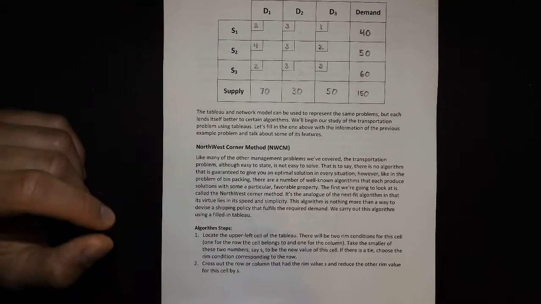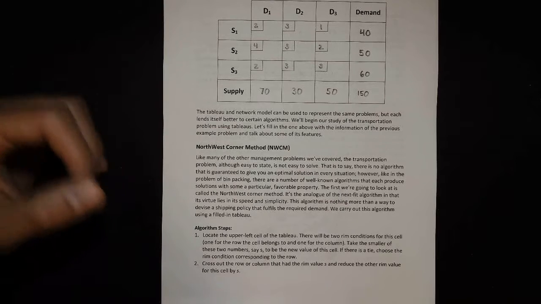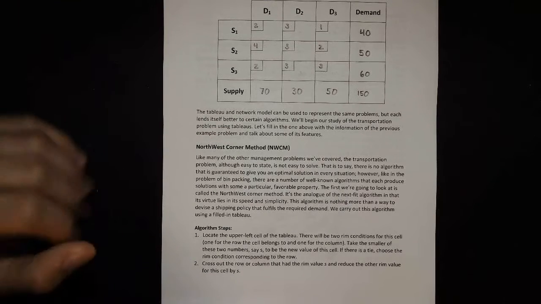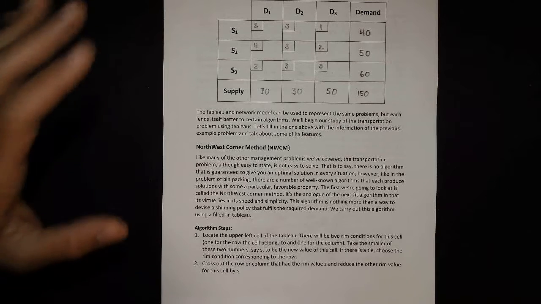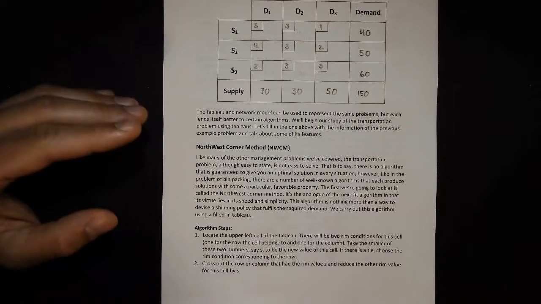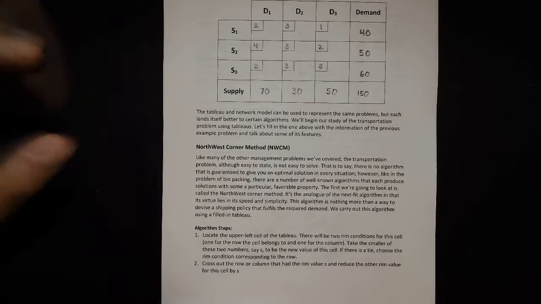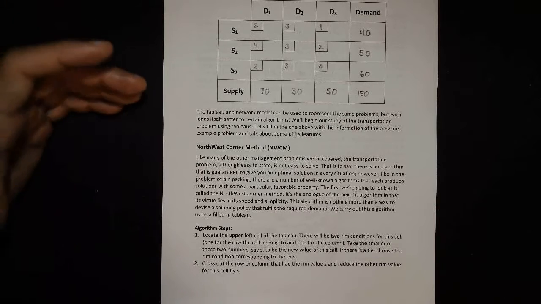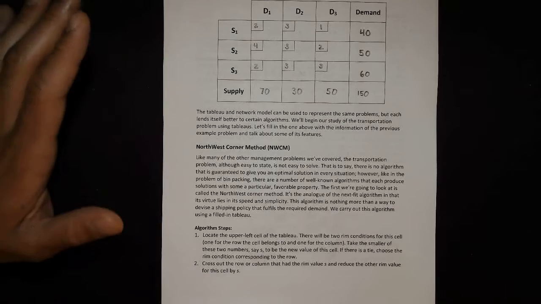All right, so like many of the other management problems we've covered, the transportation problem, which is easy to state, is not necessarily easy to solve. That is to say, there's no algorithm that is guaranteed to give you an optimal solution in every situation. However, like in the problem of bin packing, there are a number of well-known algorithms that each produce solutions with some particular favorable property. So the first that we're going to look at is called the NorthWest corner method,